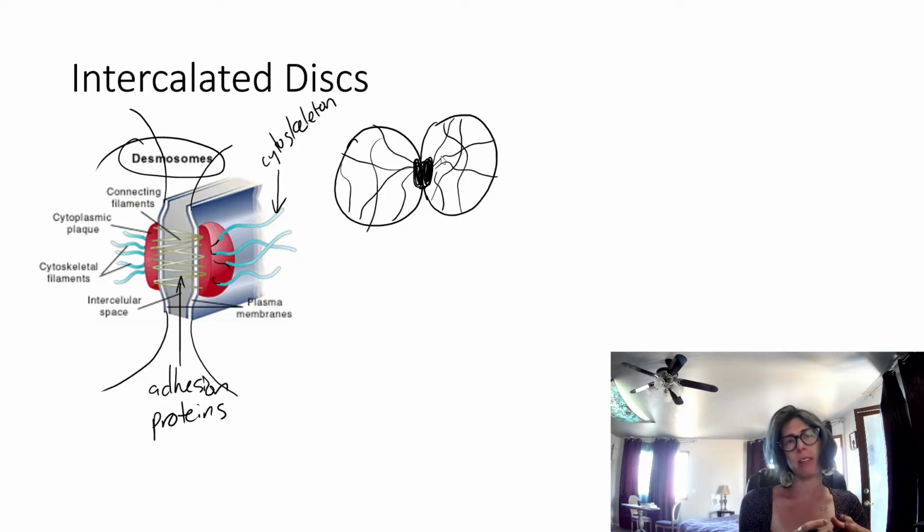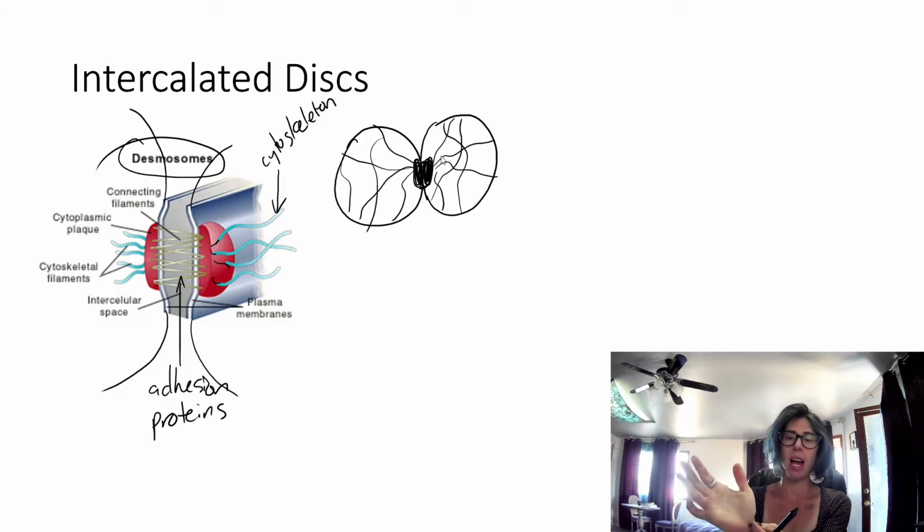So these are not very tight junctions. They don't keep the cells super close together. Things can leak or move between, small things could pass between these two cells. However, they are incredibly strong junctions because it's almost as if I could reach out to you with my